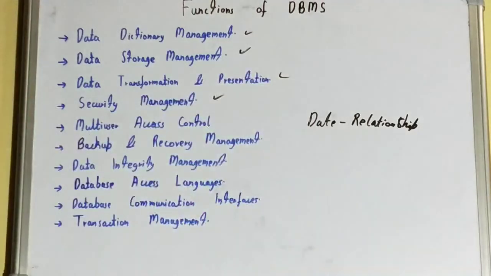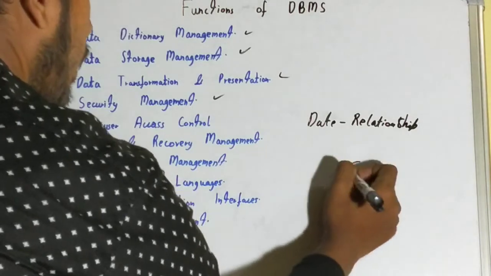Okay, the next is multi-user access control. What it says is, with the help of multi-user access control, multiple users can access your data, or you can say the data that is stored in your database in a system, in a useful manner, or in an effective way. Like if this is your database